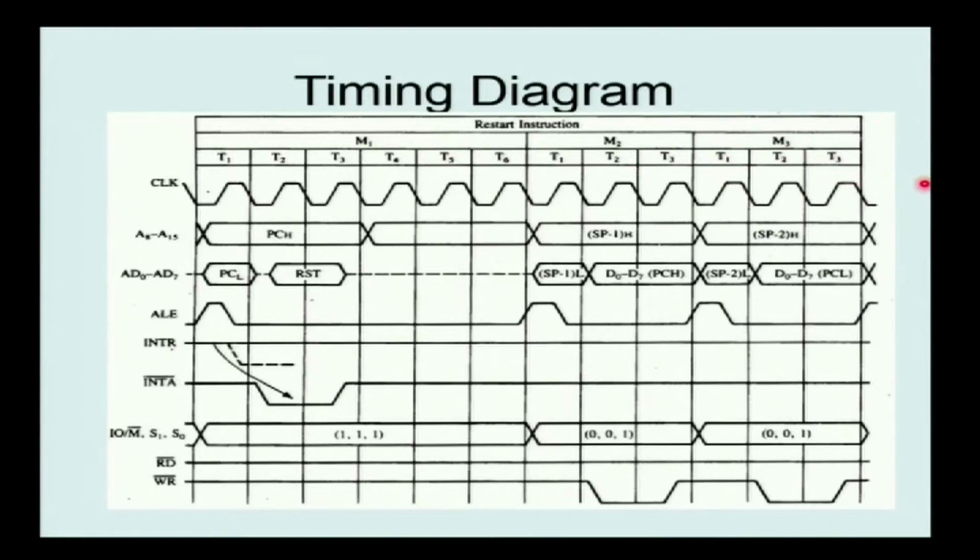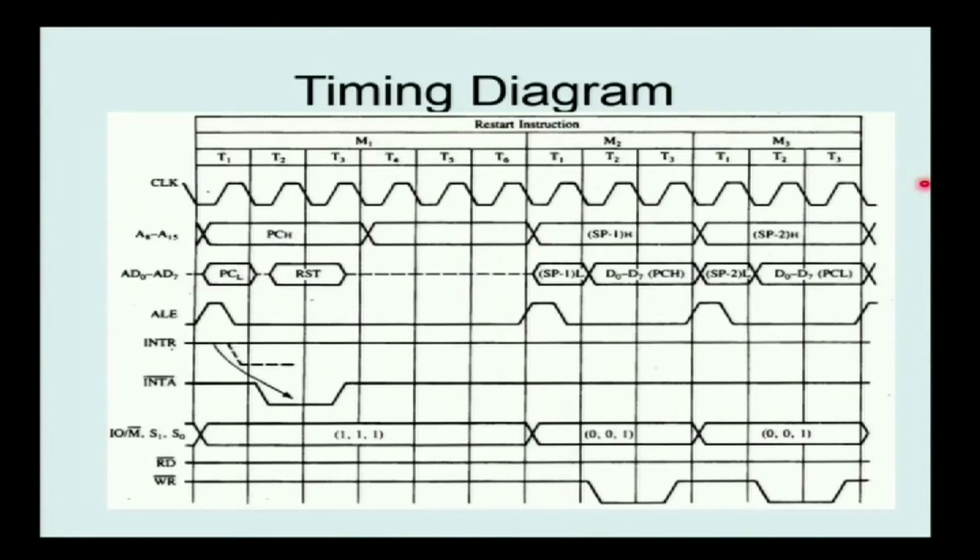Suppose you want to calculate the execution time for the RST instruction, then what will you do? First we have to count the number of T states, then it will be multiplied by the internal clock period of the corresponding processor. Now we are discussing the 8085, so its operating frequency is 3 megahertz. So, 1 by 3 megahertz is 0.33 microseconds. So, 0.33 microsecond is multiplied with the 12, and that is the execution time for the RST instruction.